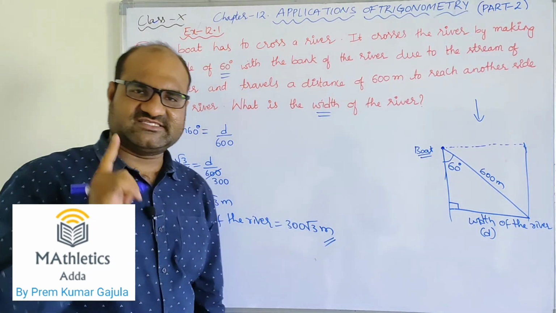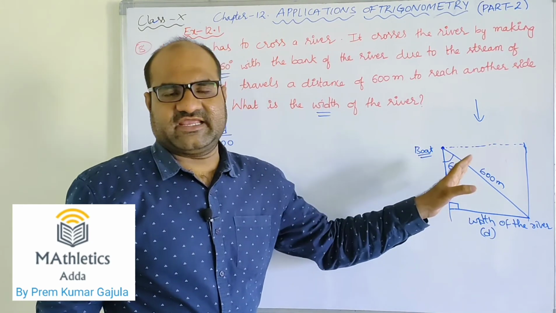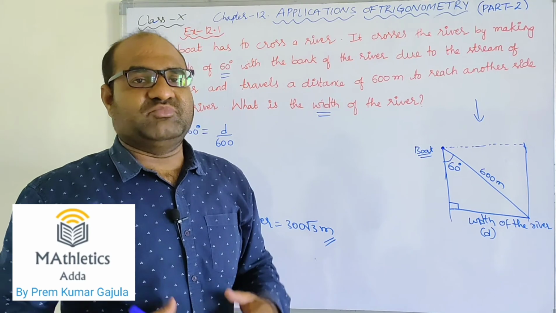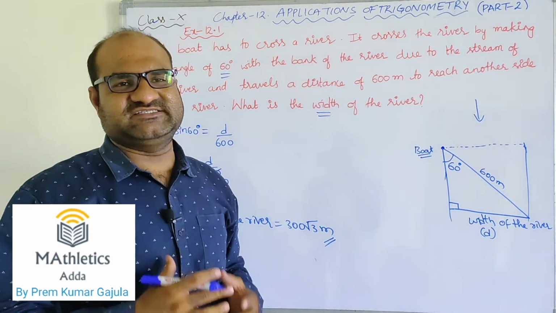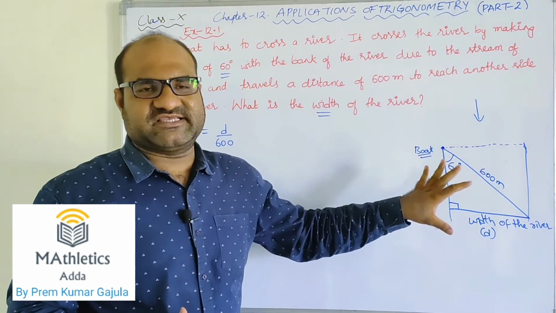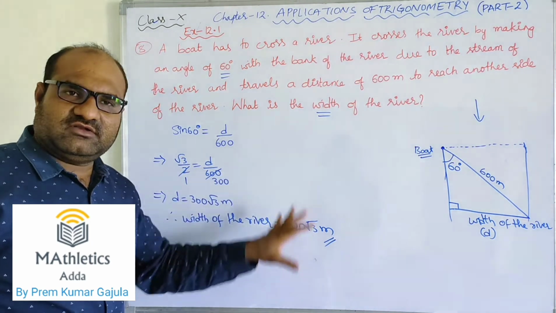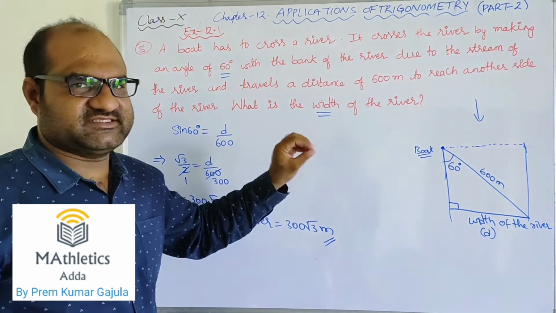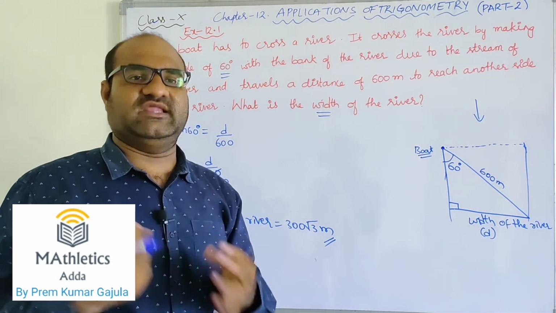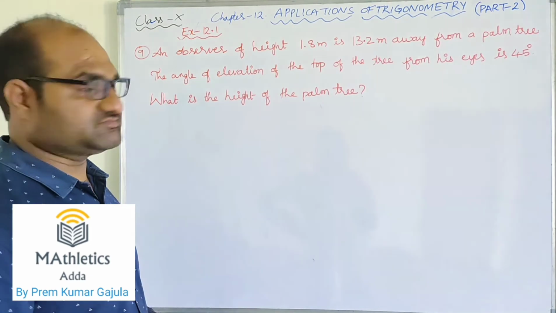But remember one thing, once again I am telling you, I am not mentioning any ABC labeling for the right angle triangle. For the width I am not taking any labeling. But in the exam you should compulsorily take the labeling according to your convenience. For understanding purpose I am directly solving the problem. If you follow like this for practicing, then you can understand how to solve the problem in your own way, and you can use your own labeling for the diagram. Okay, now let us look at the next question.